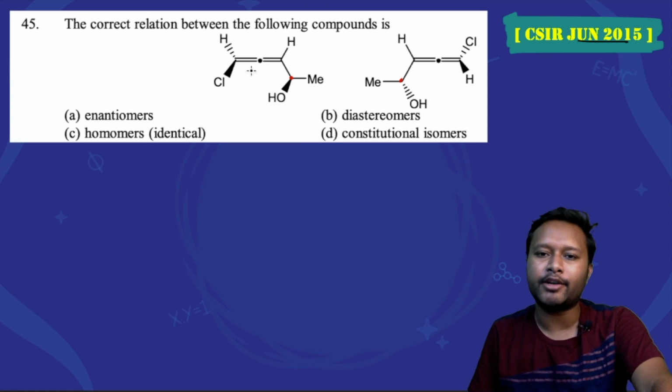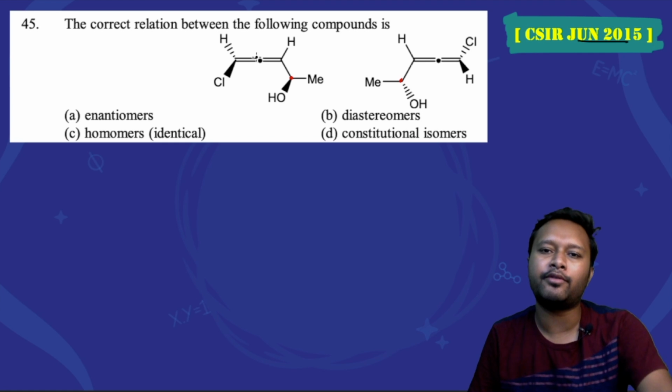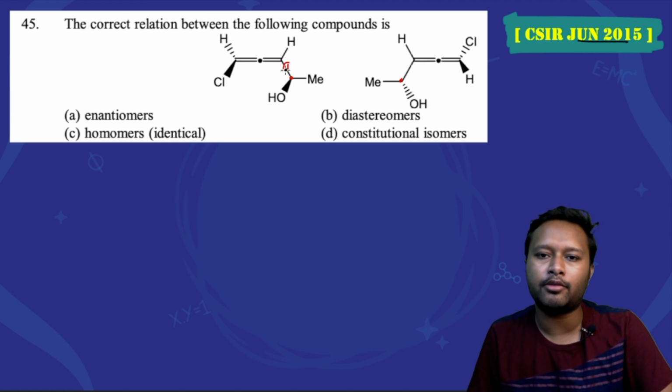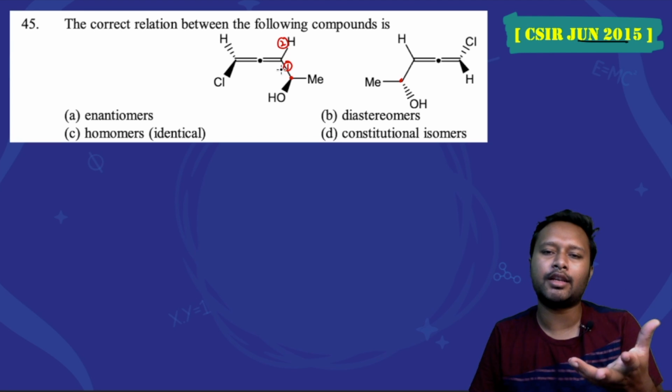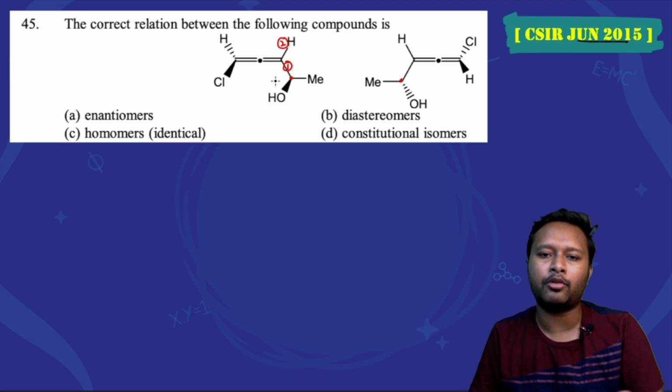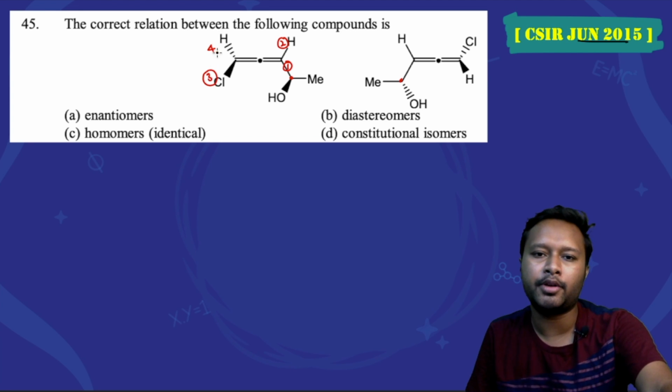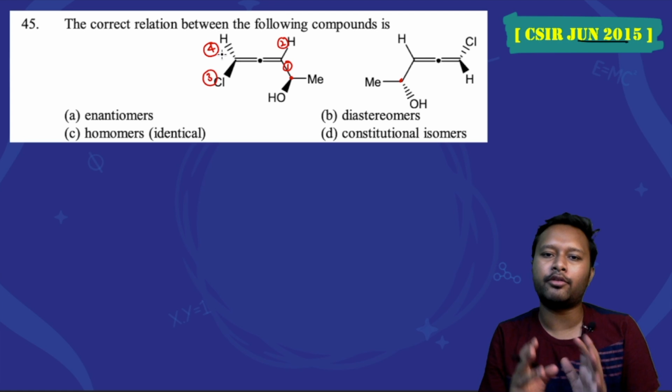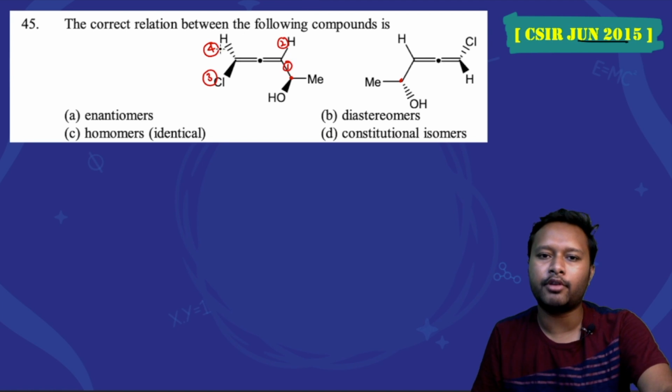So the rule says that you have to start numbering. I'll do it for the first molecule. The rule says that you have to start numbering from the groups which are on the plane. So if I start numbering from there, this will be my group number 1, this will be my group number 2, based upon the size, like the mass of the substituents. Going on, this will be your third and this will be your fourth. Now since the fourth priority group is going below the plane, the configuration will remain as it is according to the rotation. So you can see the rotation goes like 1, 2 and 3.